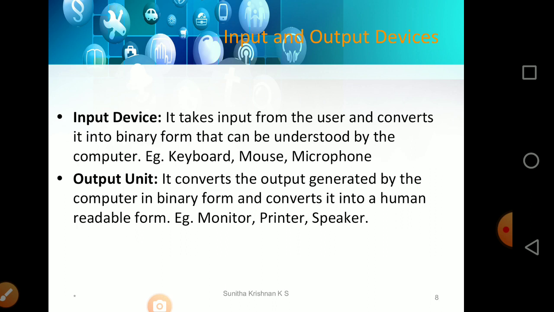And coming to the output devices, what are the output devices? The data the computer takes is processed and transformed into output, and it shows a result to you. It may be through printers, or whatever I am saying now can be given to you through the speakers. So the speaker becomes an output device, printers become output devices, and even the display unit, maybe a monitor, a display screen, or a projector. All these things are output devices.